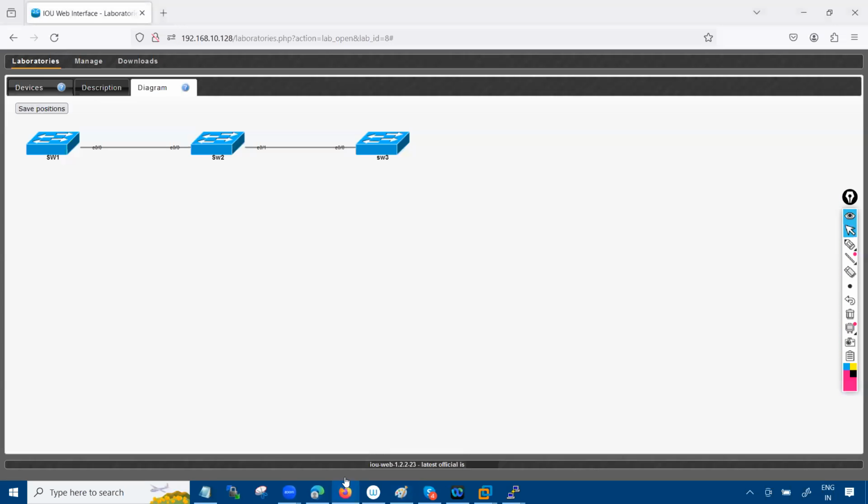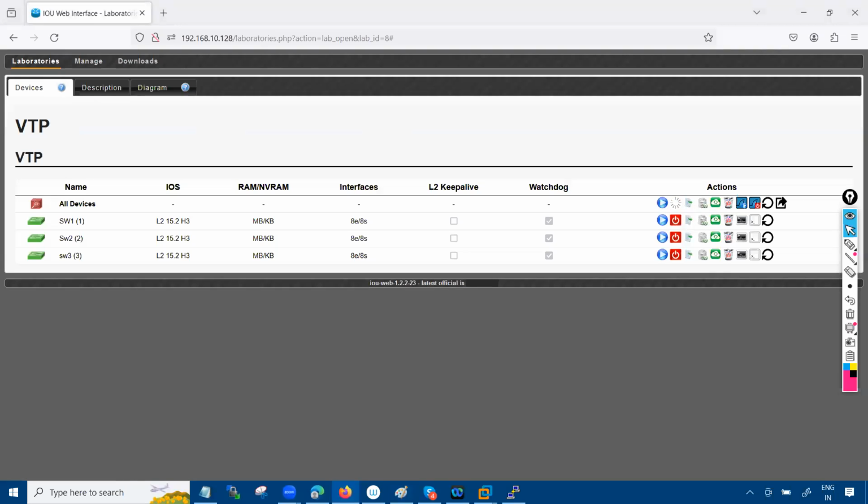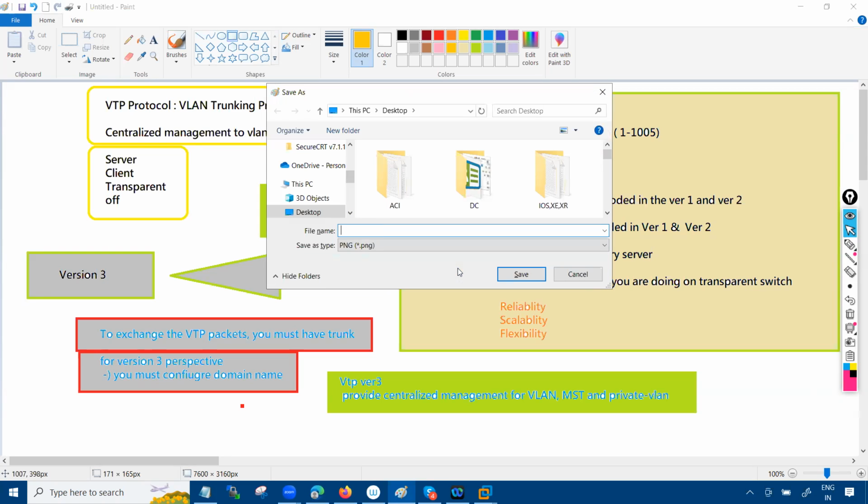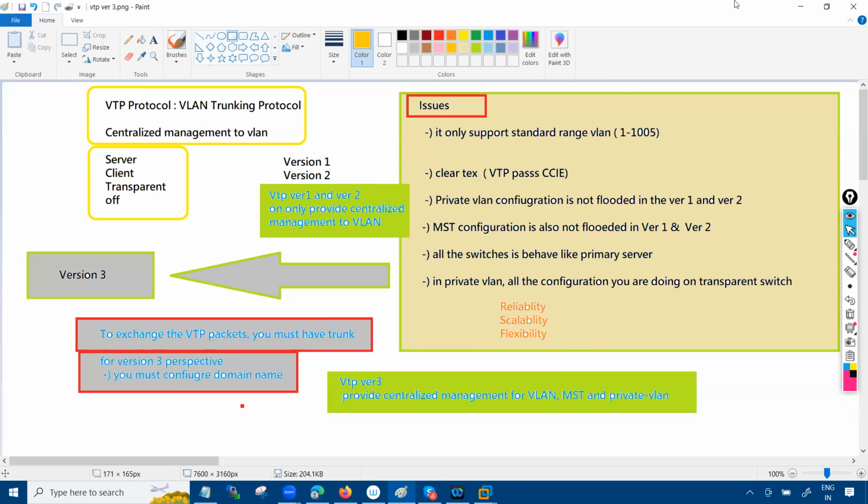All good? Yes, sir. So I'll share the file with you guys as well. You can put it in the hack if you want to revise, you can revise. Okay, so